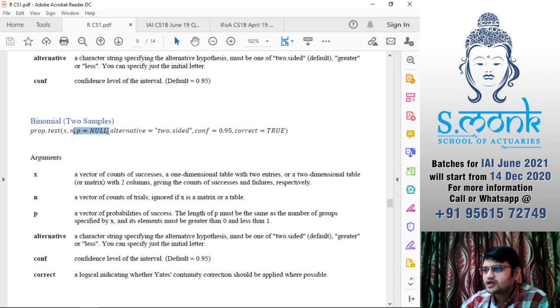Then p is always null because we are always checking whether p is equal or not. But you can definitely specify a difference. If you are checking that your proportion p1 minus p2 is, let's say, 0.15, you will specify p equals 0.15. That would be your difference between proportions.